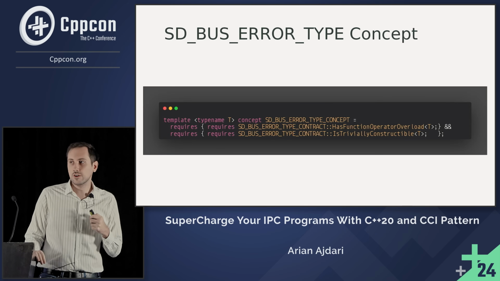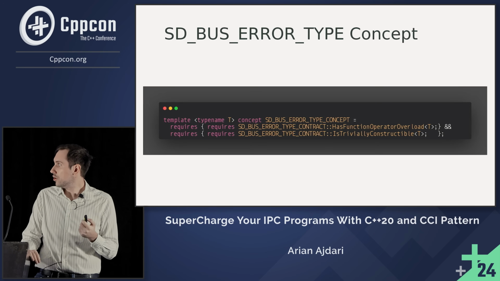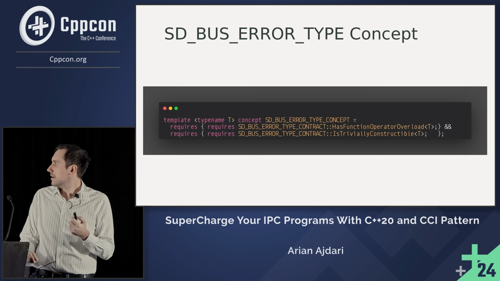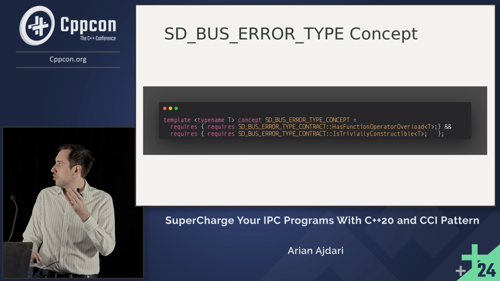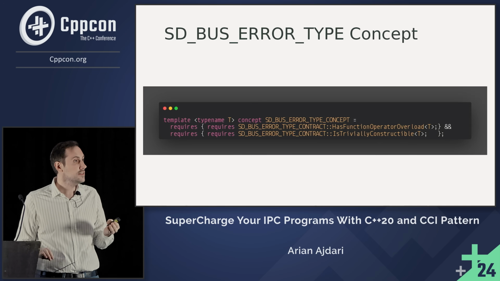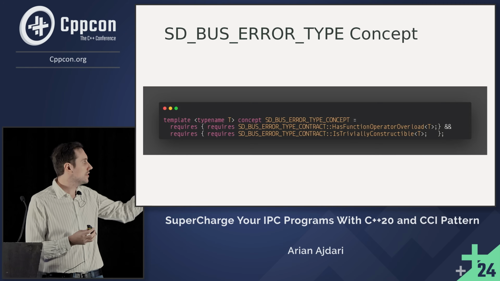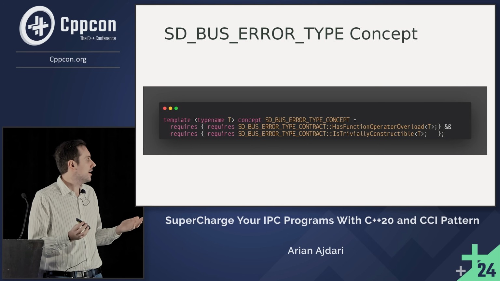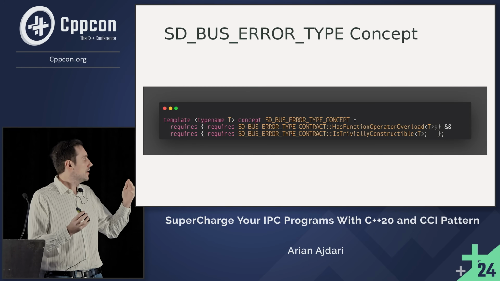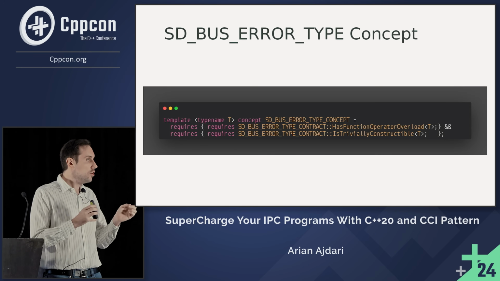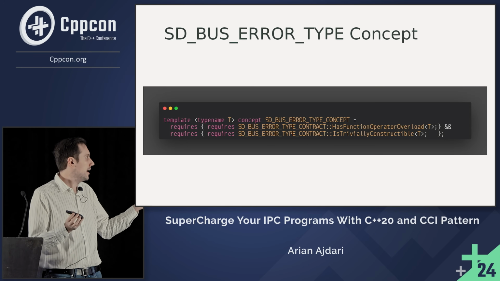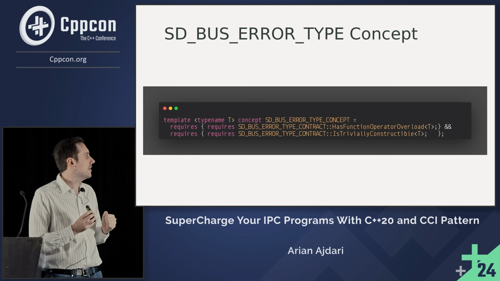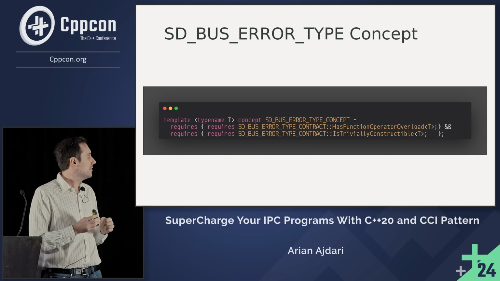Now, in order to enforce our contract and its clauses, we create a concept. It's very nice because when you want to make sure that more clauses are included, we can use the logical AND operator. And we can also use all types of logic actually here. So if we want to make sure that maybe one of two is satisfied, we can use the logical OR. But in our case, we want both of them to be satisfied, and that's why we use the logical AND.